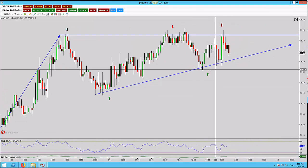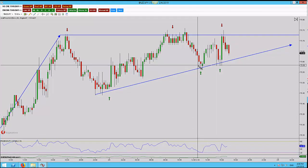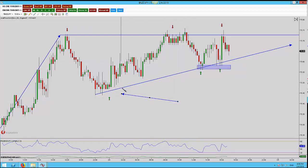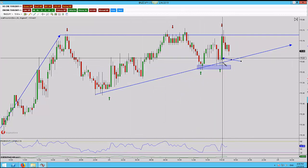So right here we have one test, two tests, giving us a double bottom, and you see this quite a lot whenever we have triangles, wedges, flags, anything really that's adhering to some form of trend line. We do tend to see these double bottoms, and I actually had the chance to get involved right here at